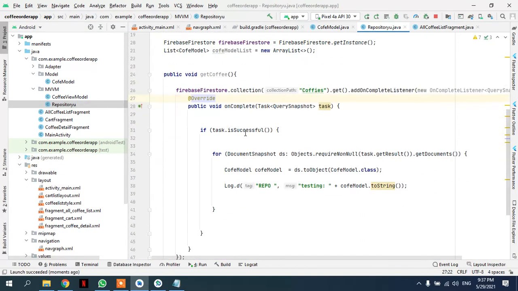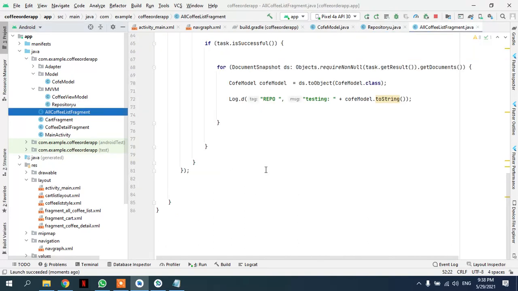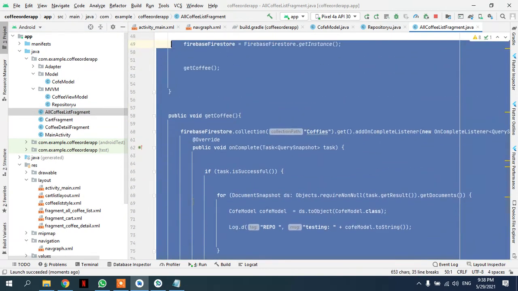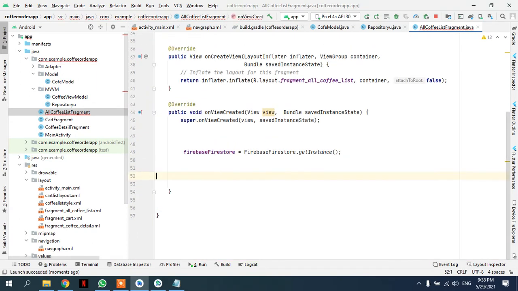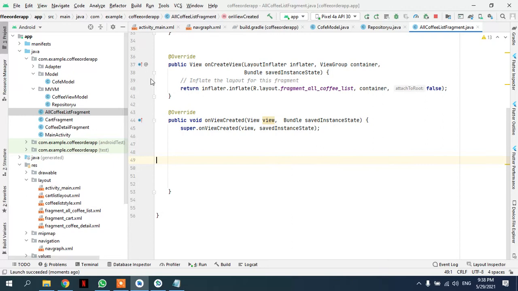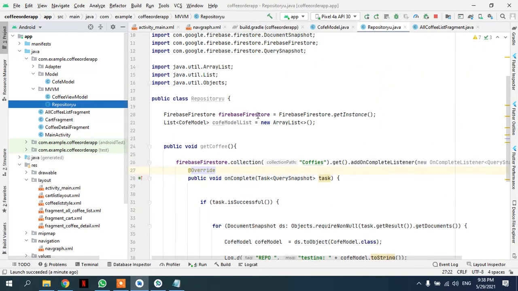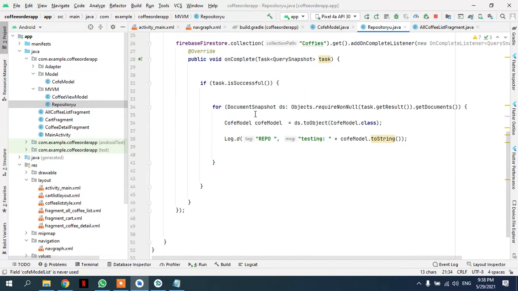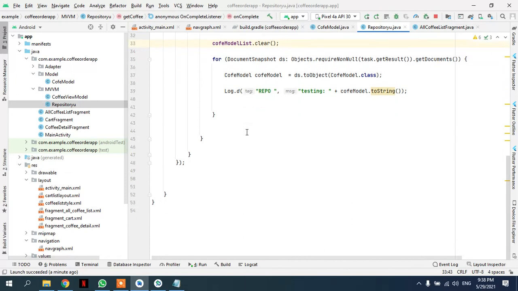Okay, let's just keep it here. I was a little bit unsure whether it was going to work or not. And I'll delete this because we don't need this for now. Okay, let's go back in here. So till here we were done, and let's get this and clear the list. And what we're going to do is